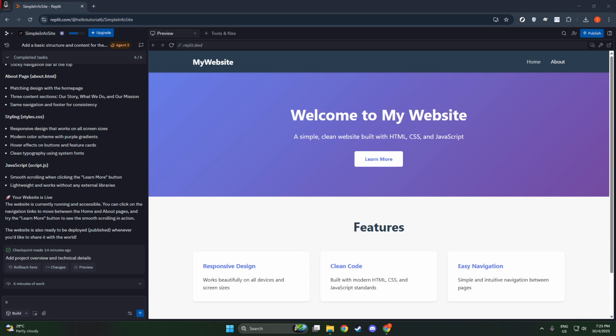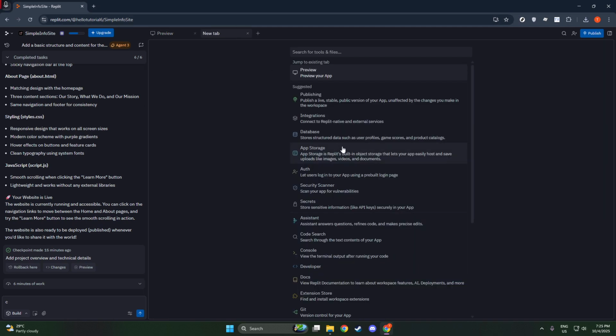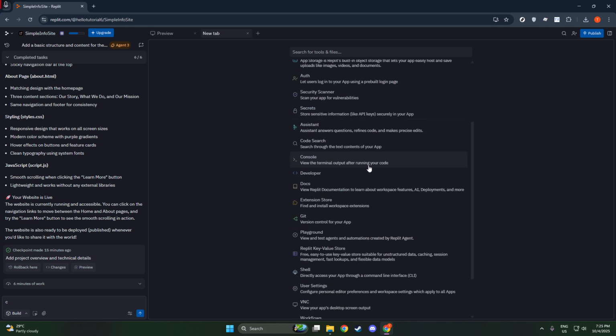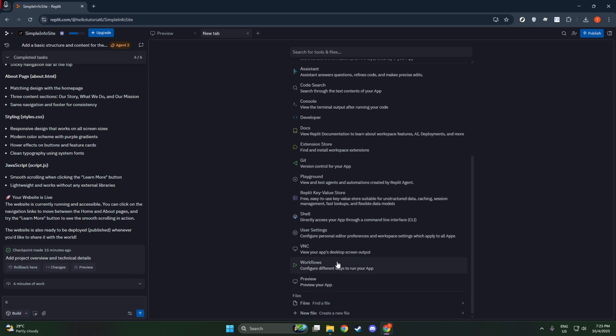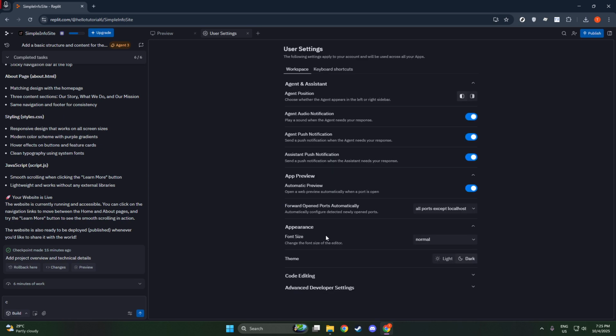First, we need to access the user settings within Replit. Start by locating the plus sign situated at the top right of your Replit interface. Click on this plus sign, and you'll see a drop-down menu appear. From this menu, you'll want to select the option labeled User Settings. This section is your gateway to customizing various aspects of your Replit experience, allowing you to personalize the platform to